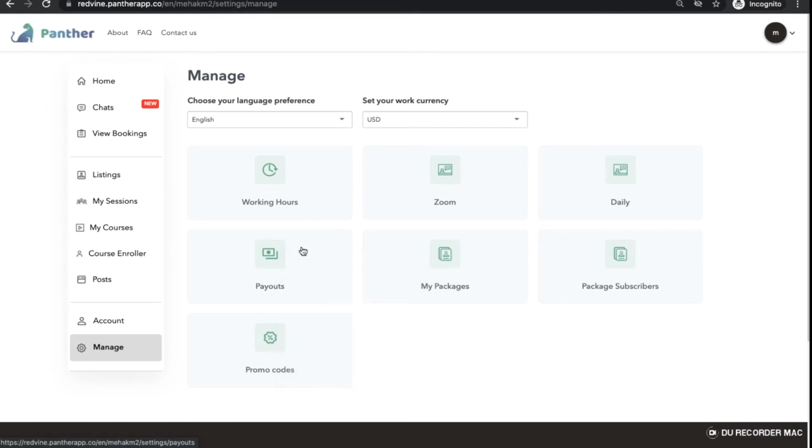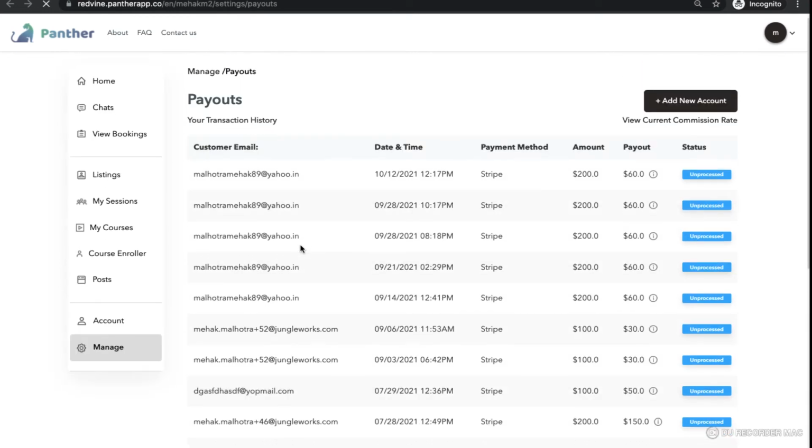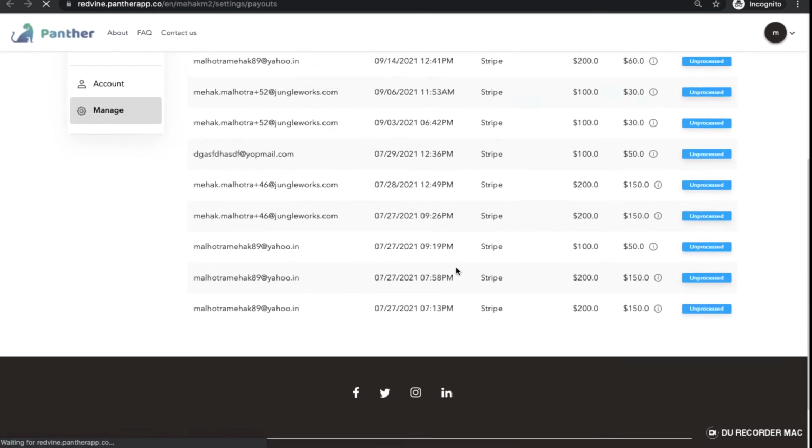Next we have payouts. In the payout section, I will be able to see all the payouts that I have received from the admin for the consultations I have given so far as an expert. So these are the payouts, as you can see.